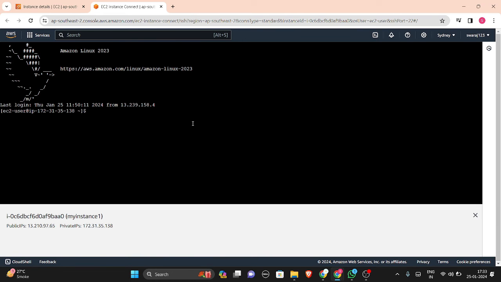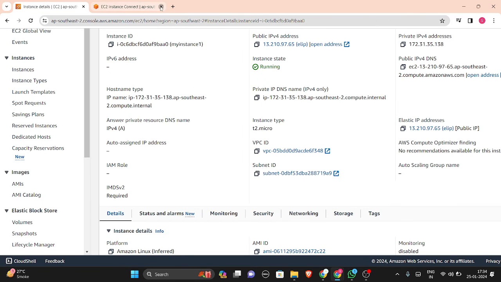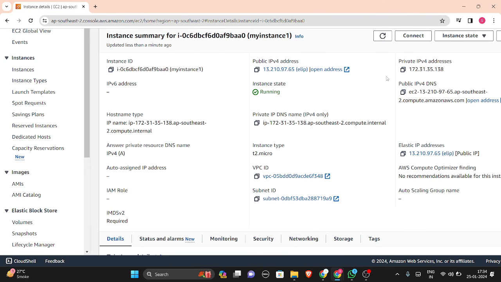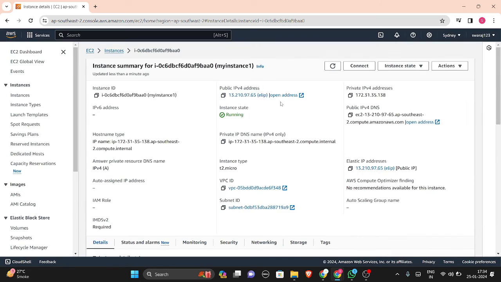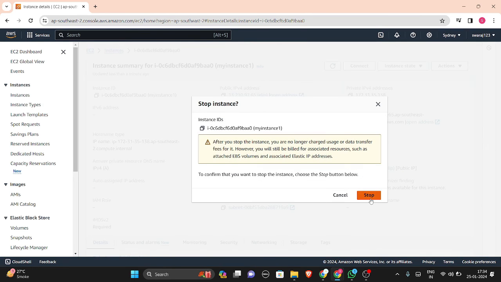And so I am successfully connected with my EC2 instance. I'll just write one command to check whether it is working or not. So yeah, it is working fine. Now I have to stop and start the instance and check whether this IPv4 address is being changed or not. If I stop it, you will see that like the private IPv4 address, it will also be fixed right now. Just see, I'm just stopping it.